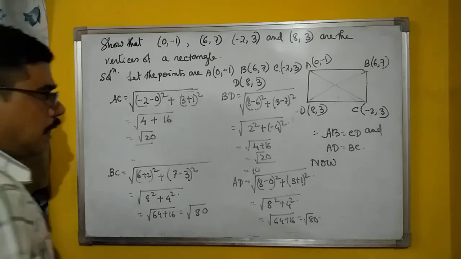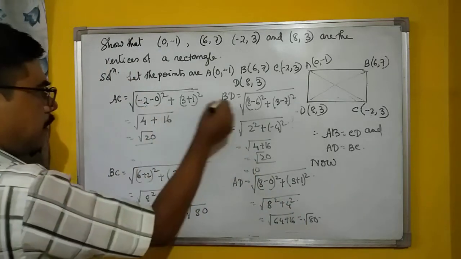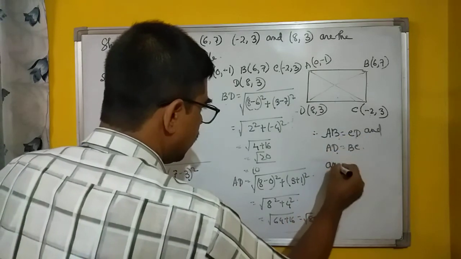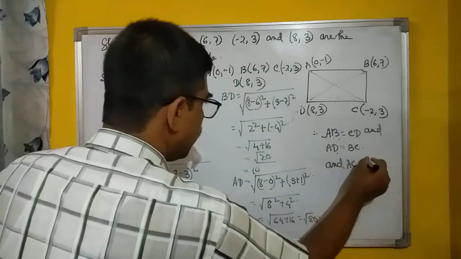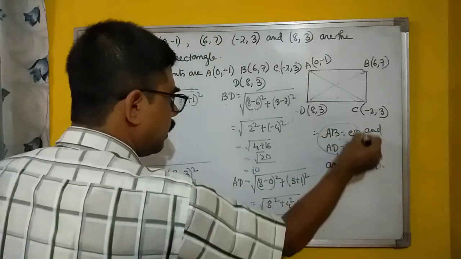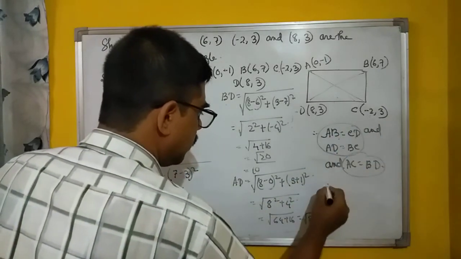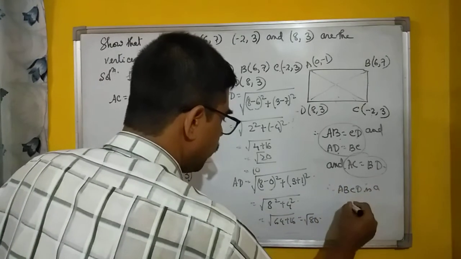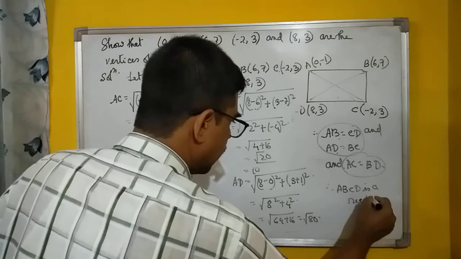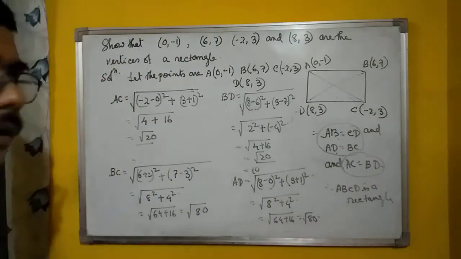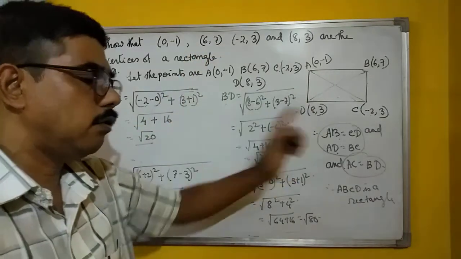And now, when we find that AC and BD, those two are equal. And then what will we get? AC equals BD. Is it? So the opposite sides are equal and diagonals are equal. So therefore what? ABCD is a what? Rectangle. But if it is not equal, then it becomes a parallelogram. Is it? It is not given here. The rectangle is given, a rectangle you have to prove.